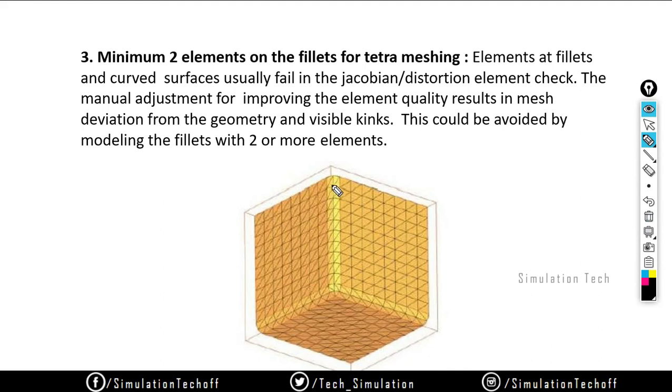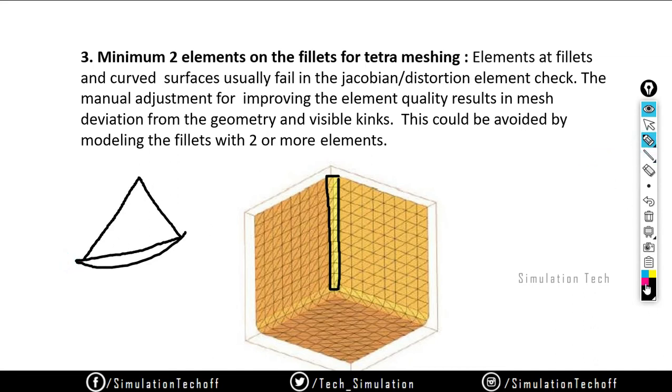Okay, so when you are meshing filleted areas like this, it is always recommended to create 2 sets of elements, so that you can accurately capture that feature. But sometimes if you create only 1 set of elements, you may get an error like this, where your element is over here but there is a missing gap. We have already seen this point in our 2D session also, so it is very important. So that is the third point.